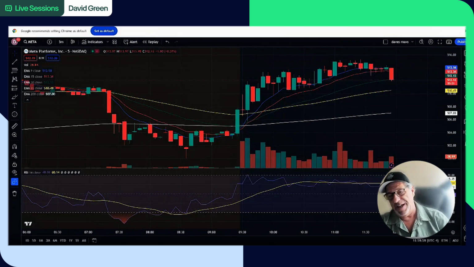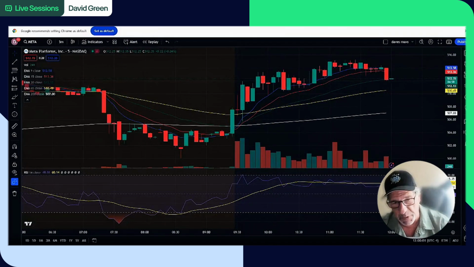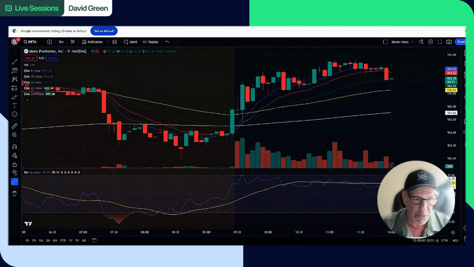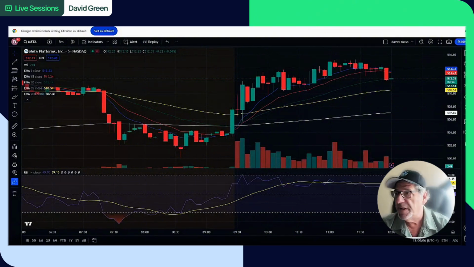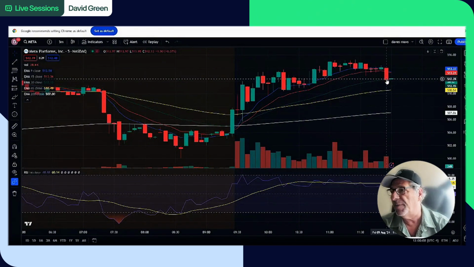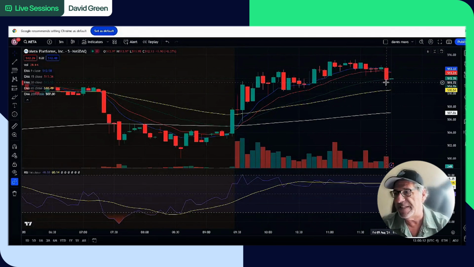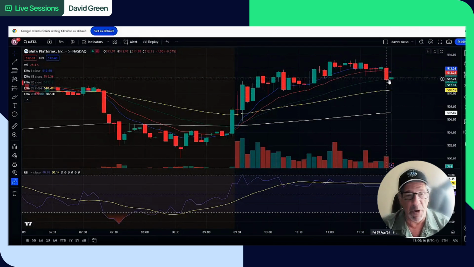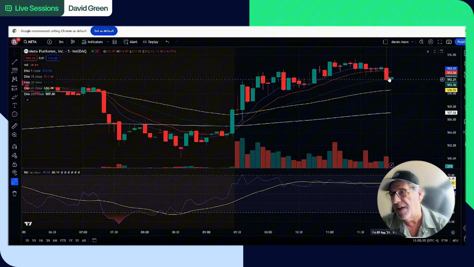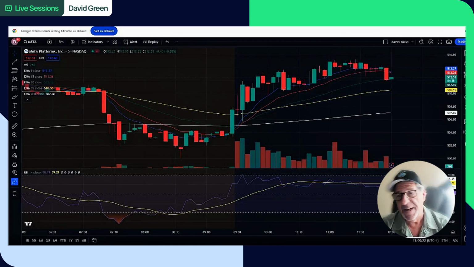So having a losing trade turning into a break-even trade is not the worst thing in the world. I will do that sometimes. If I just bought Meta on my 30 EMA, okay, and it goes 50 cents against me and my stop is $1, and then it gives me a chance to get out break even, I'm just going to get out of the trade, move on to the next trade. I don't care if it then goes up $3. I was losing, now I'm even. Scratch it off. Let's move on to the next trade.